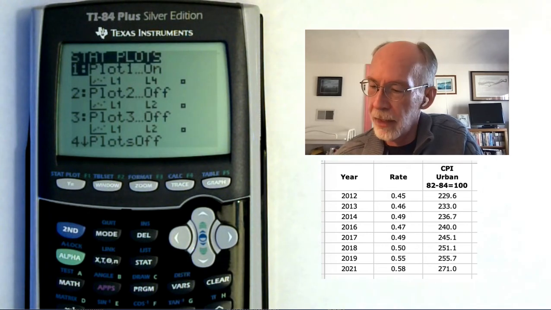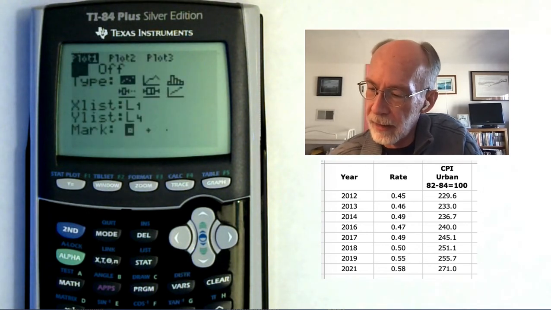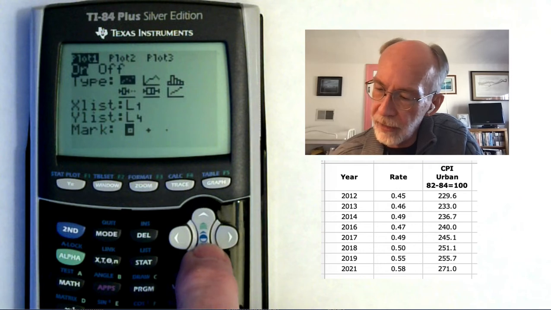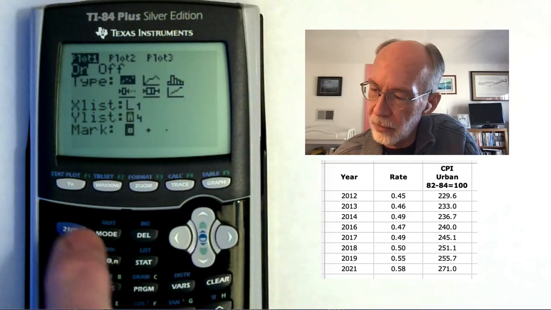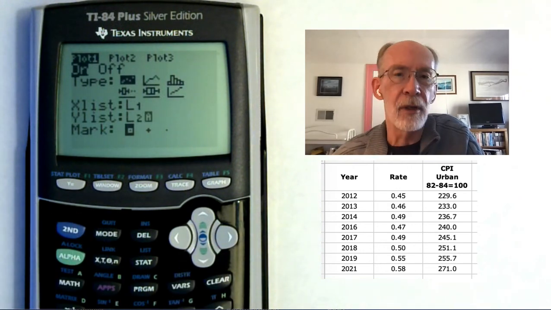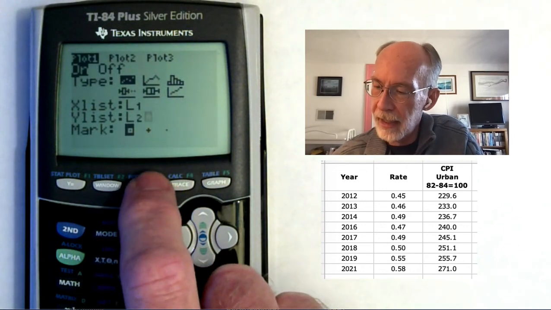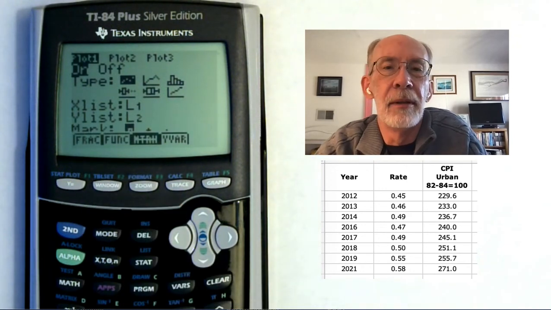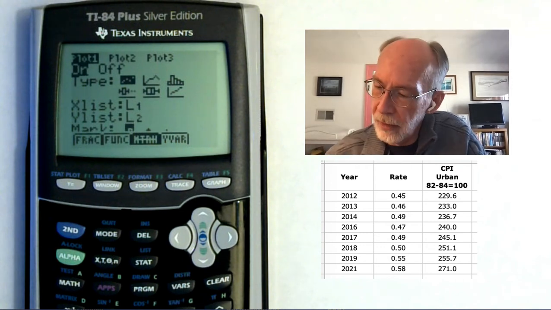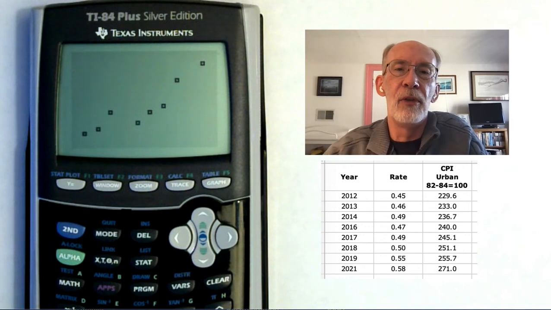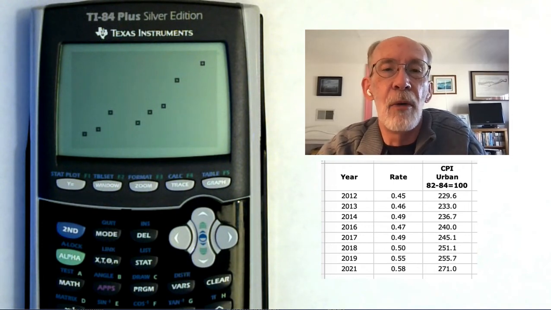So in case you're unfamiliar, that's second y equals for stat plot. We want the first one to be on. We want it to graph L1 horizontally and L2 vertically. It's set for a scatter plot. And if I go zoom 9, which is the zoom stat command, it will create a window that will automatically cover